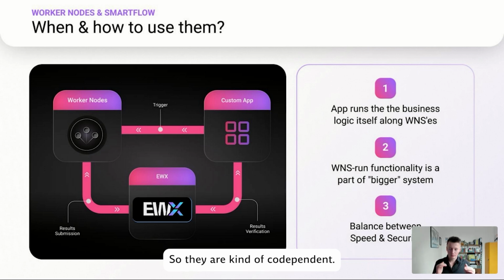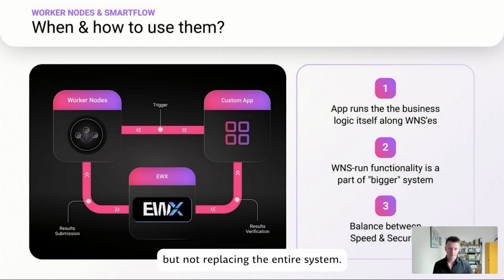So they are kind of codependent, and whenever the trigger comes, the app itself is executing that piece, but also worker nodes simultaneously are verifying, just to be sure that this is executed in the proper manner. Secondly, worker nodes run functionalities as a part of a bigger system. So usually they are serving the piece of functionality that they were designed for, but not